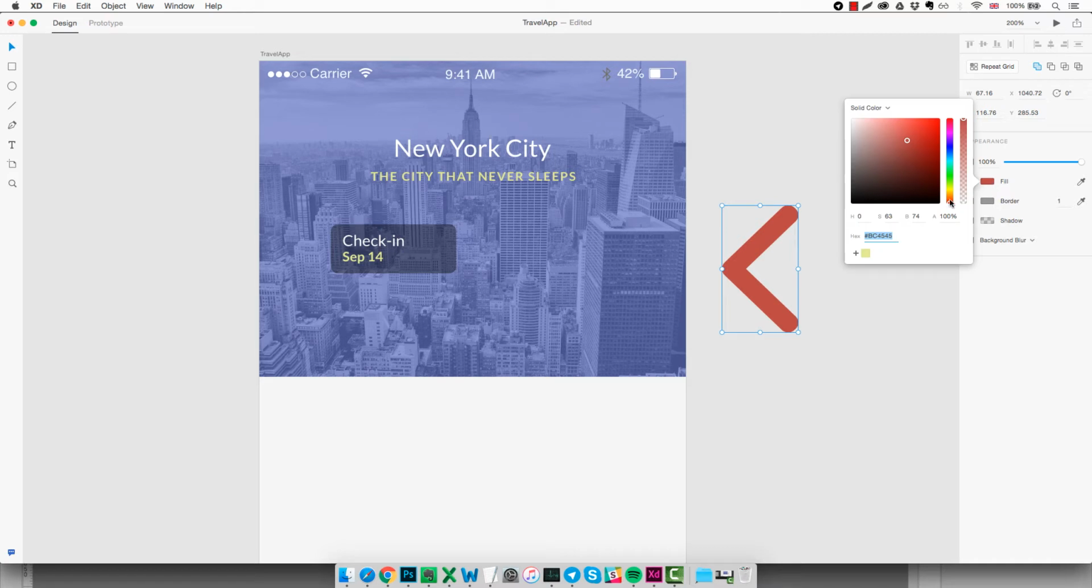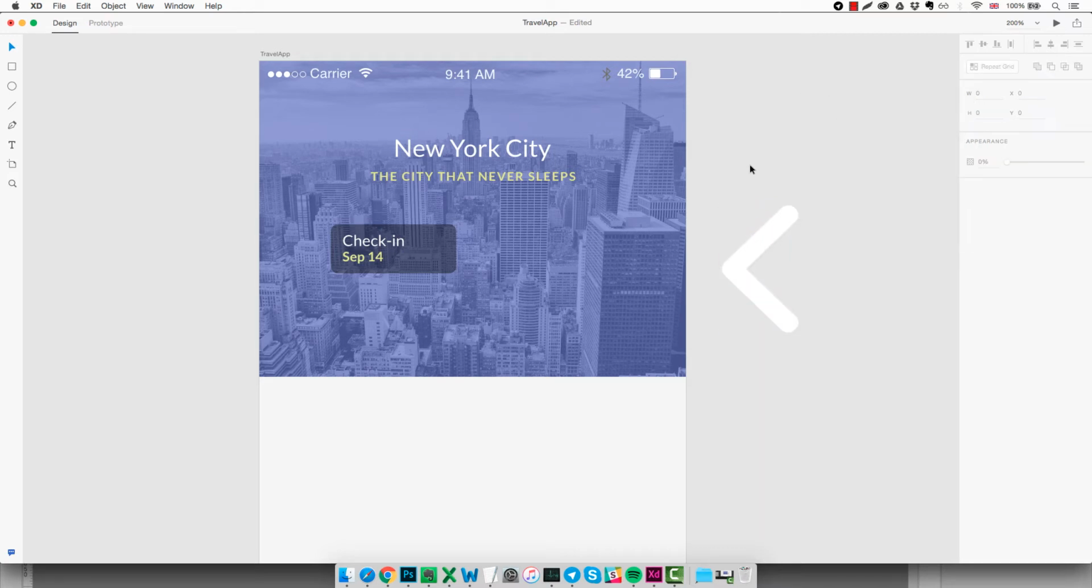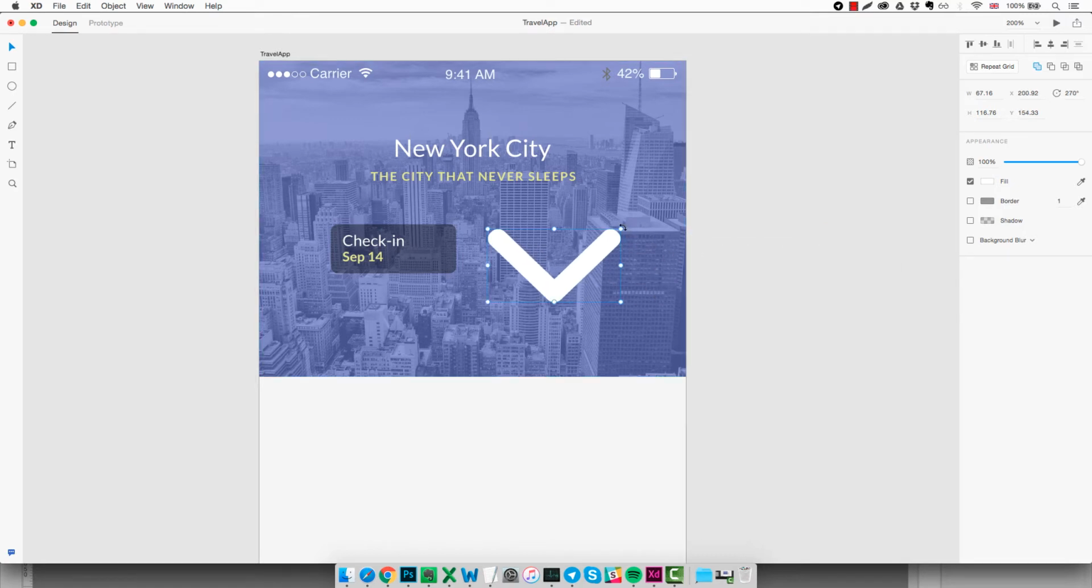So we're going to change the fill to white, and we're going to rotate it to the bottom like this, always holding Shift. We move it in our artboard, and we're going to change the size to a pretty small little arrow like this, and we move it inside here,